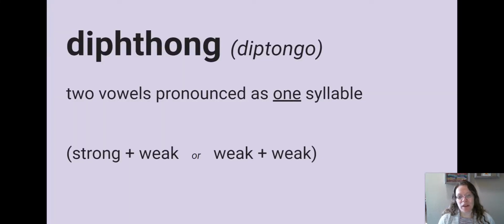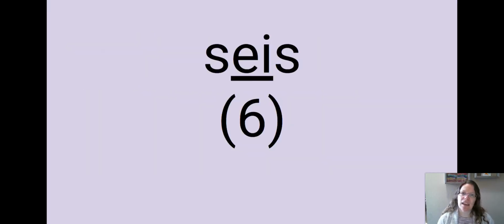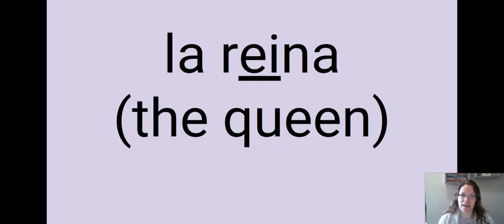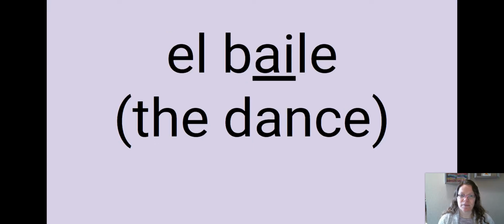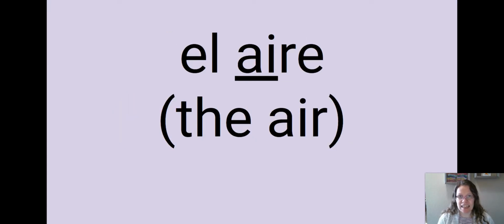When you have 2 vowels pronounced as only 1 syllable, it's called a diphthong, or in Spanish, diptongo. And remember, this happens when we have a strong plus a weak vowel, or a weak vowel plus another weak vowel. Here's some examples. Please repeat after me. Seis, reina, baile, aire,